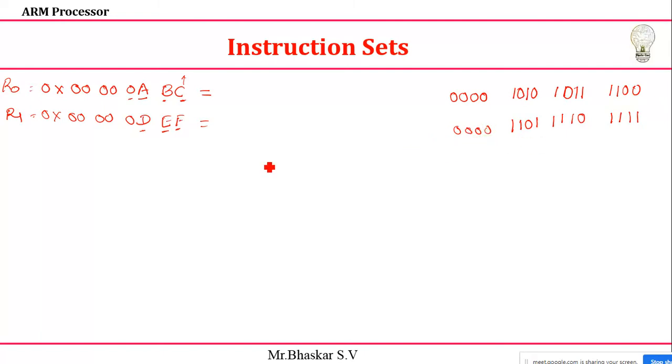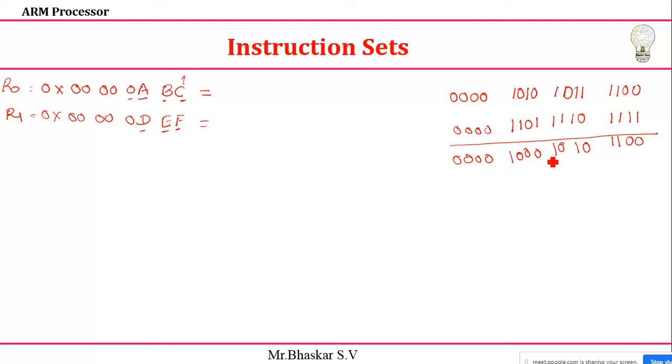Okay, you need to do the first case. What I'm asking is, I want to do the AND operation. The AND operation is a bitwise AND that you need to do. Just tell me, 0 AND with 1, what is the value? Anywhere 0 is there, completely you make 0. This is 0, this is 0, this is 1, this is 1. Next it is 0, 1, this is 0, 1. Again it is 0, 0, this is also 0, this is 1. Remaining it is 0, 0, 0, 0.